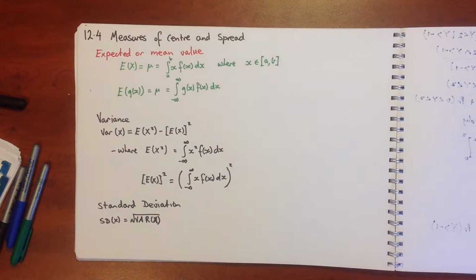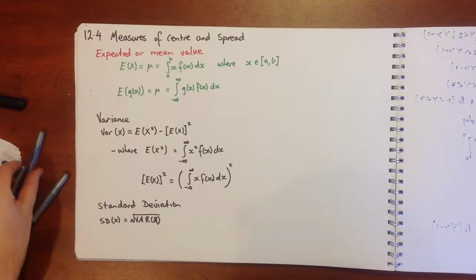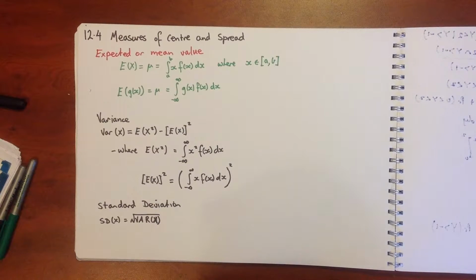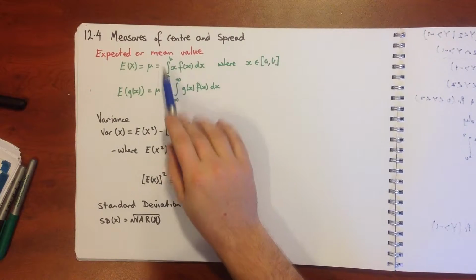Hey, in this tutorial we're having a look at section 12.4 on measures of centre and spread. Our expected or mean value, E(X), which equals mu, is found by integrating from a to b of x times f(x) dx, where x is an element of [a, b]. So whatever our probability density function f(x) is, we multiply it by x and integrate and we find